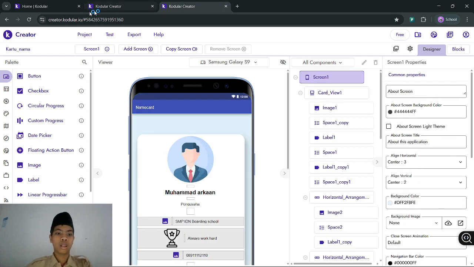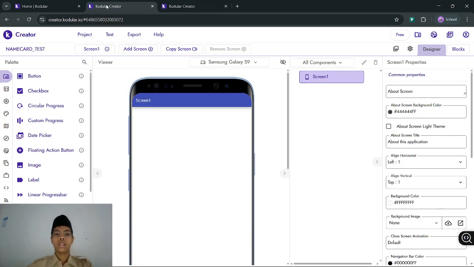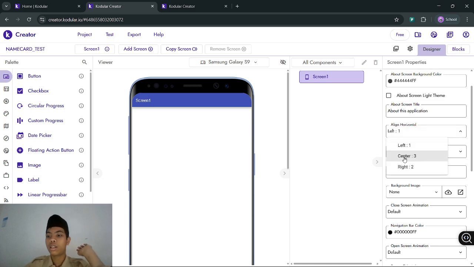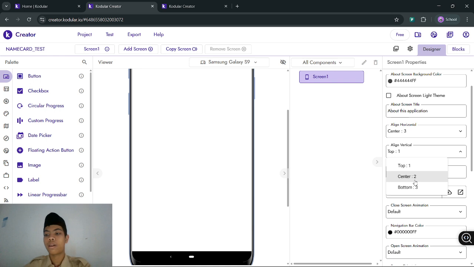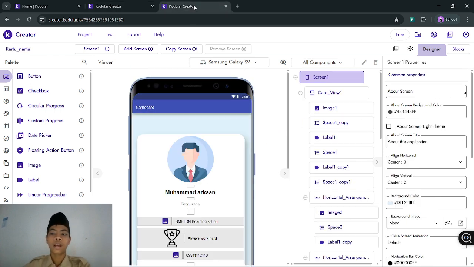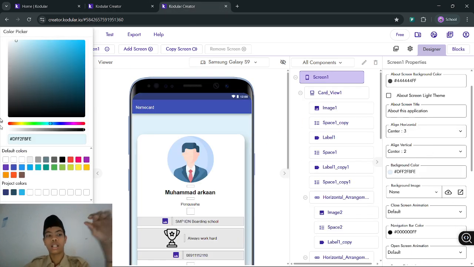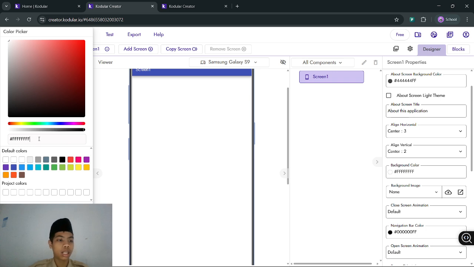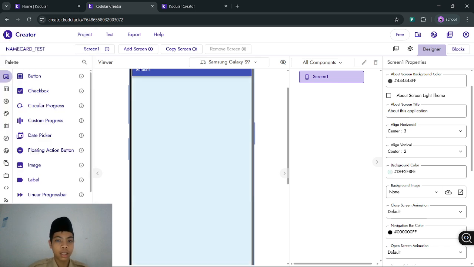First we align horizontal center and then align vertical center, and then we just copy the background color FF to FBFA, and then we copy the background color in here, enter, and then set.